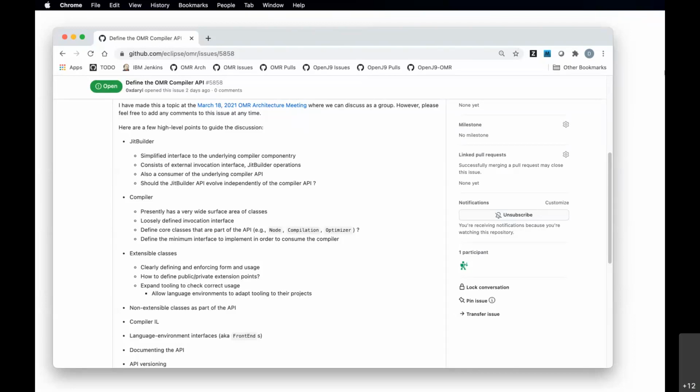So jumping back down into the compiler, I said it has a very wide surface area of classes. The conceptual integrity of all of those classes is generally sound, but the documentation of those classes may be lacking in certain areas, or could certainly be supplemented to make it easier to understand.